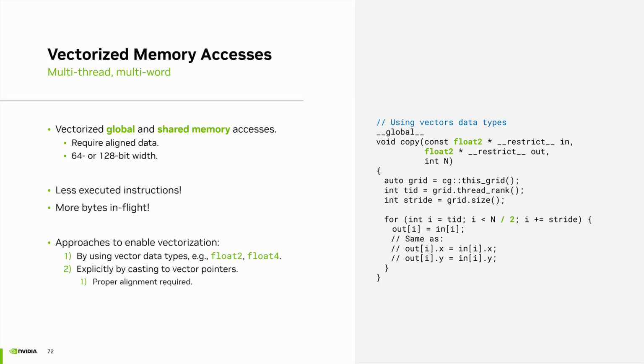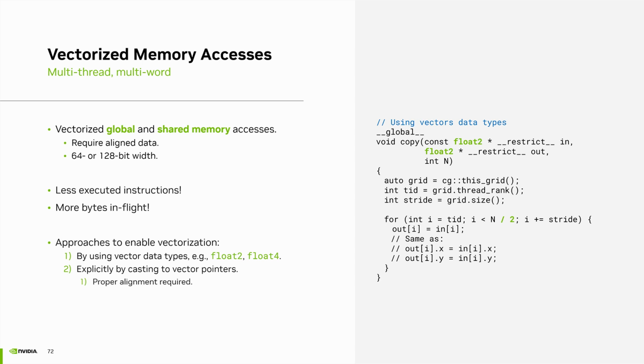Vectorized memory access is available for both global accesses and shared memory accesses, but it requires aligned data. Okay, so this is something the programmer needs to guarantee from his side. And it works on either 64 or 128-bit data. Vectorization is important because we execute fewer instructions, which is always good, okay? And it actually allows us to have more bytes in flight, which is what we want, again, based on Little's